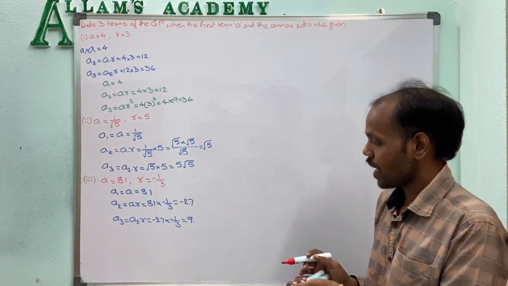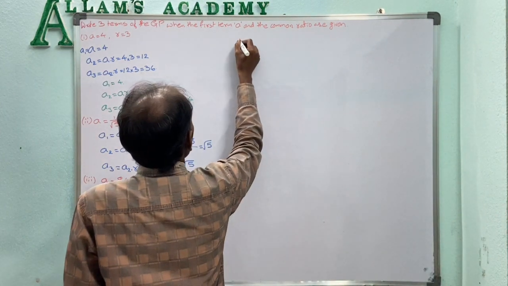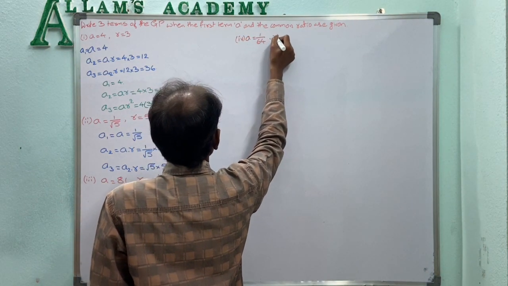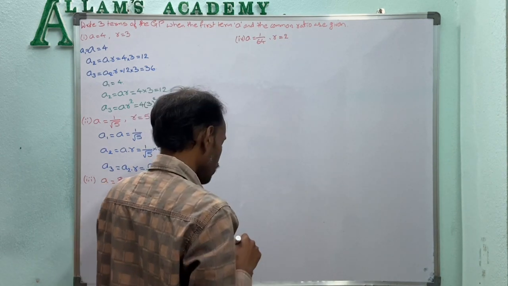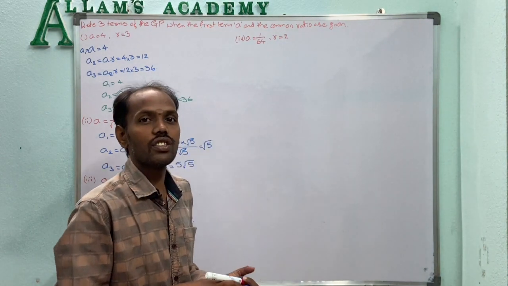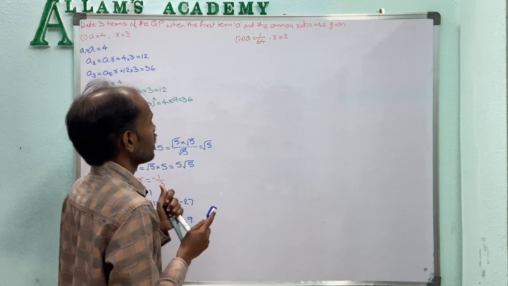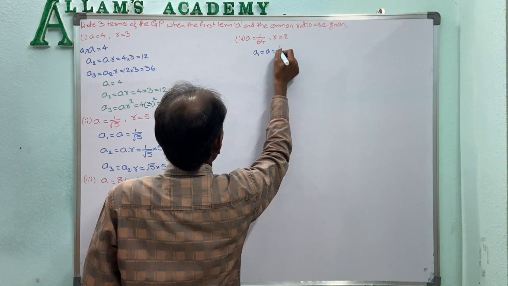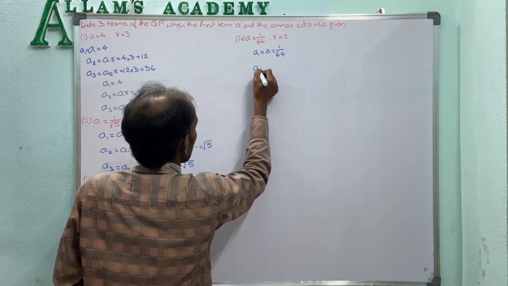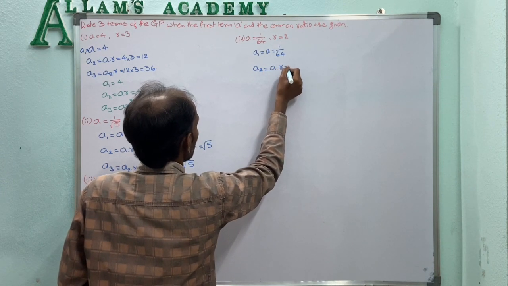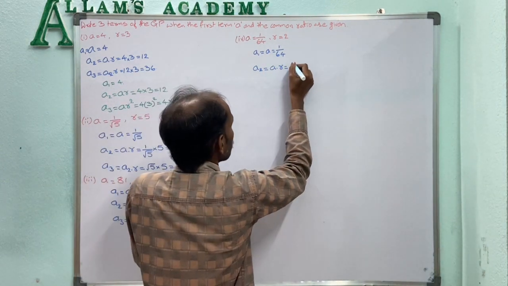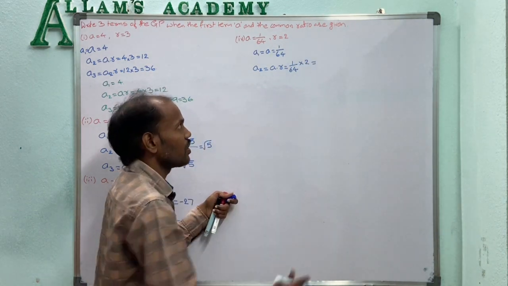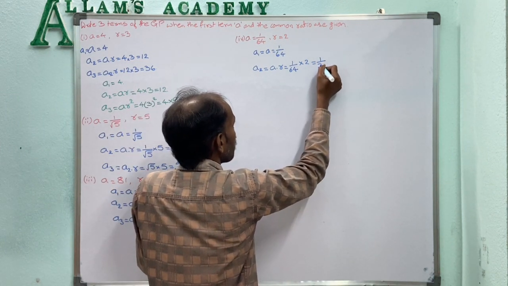Okay. Now the next problem is given as the first term a equal to 1 by 64 and the common ratio r is equal to 2. Now we have to find the next two terms, so in total three terms. The first term a1 is a equal to 1 by 64. The second term a2 is a into r, that means 1 by 64 into 2. So 2 32s are 64. That means the value is 1 by 32.